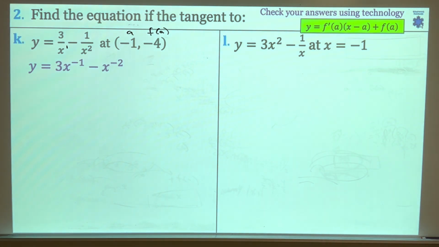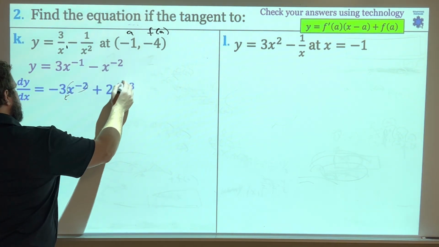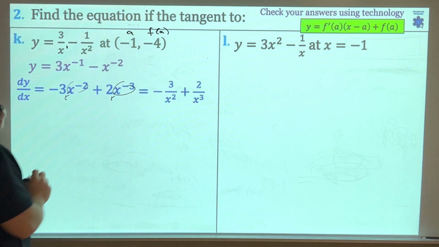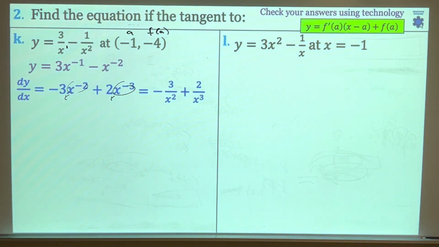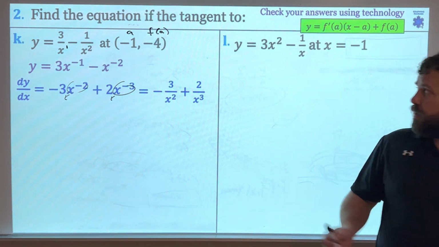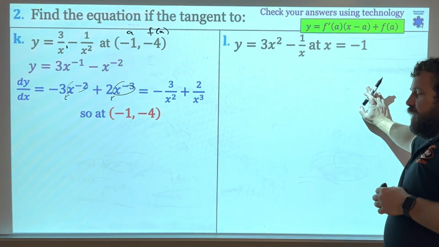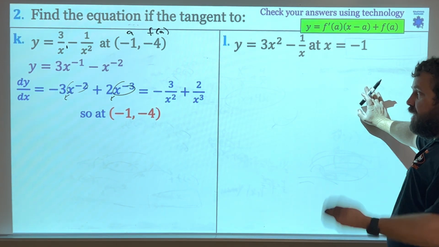Derive that, you get negative 3x to the negative 2 plus 2x to the negative 3. I want to rewrite this because this is a negative exponent, goes on bottom. So you get negative 3 over x squared plus 2 over x cubed. We're going to plug in our a into there. So at (-1, -4),